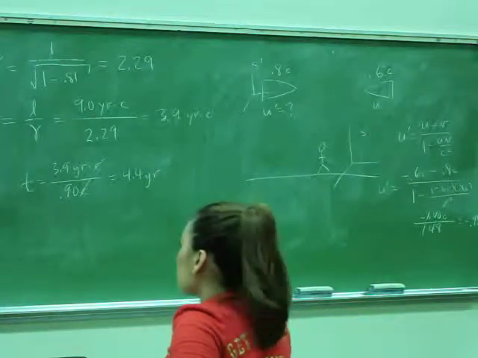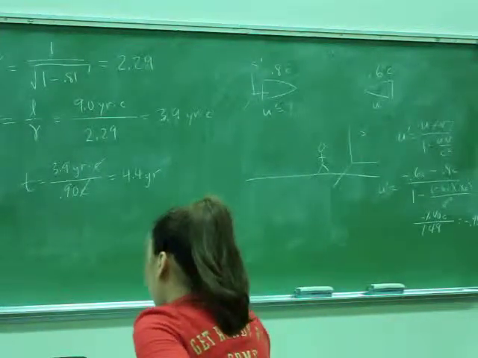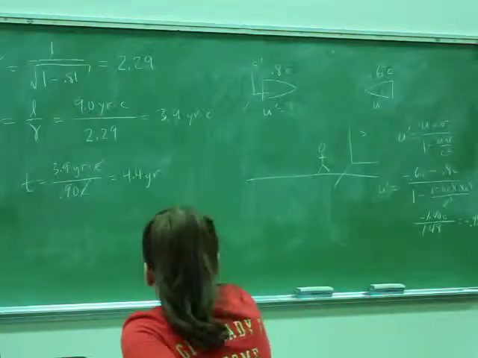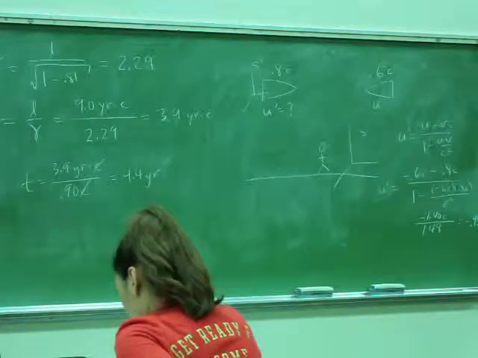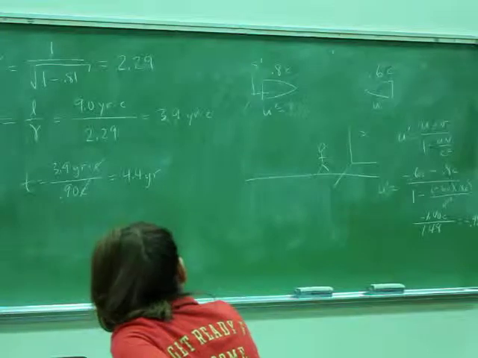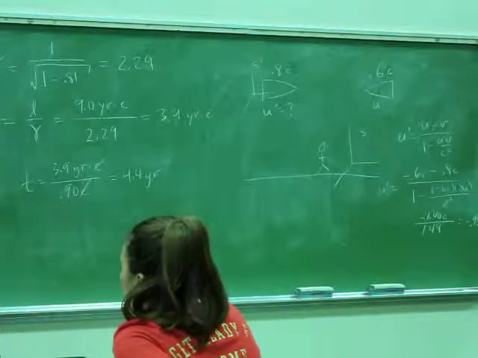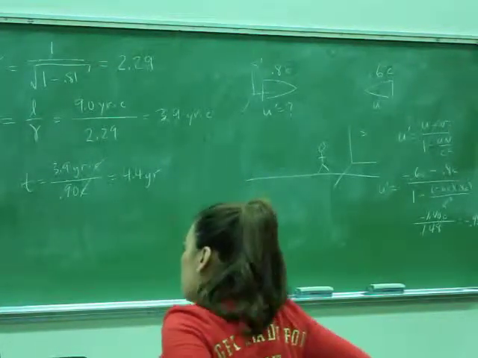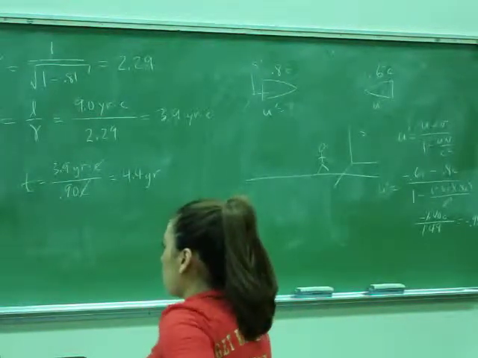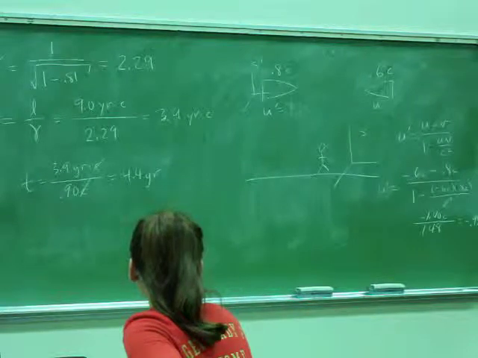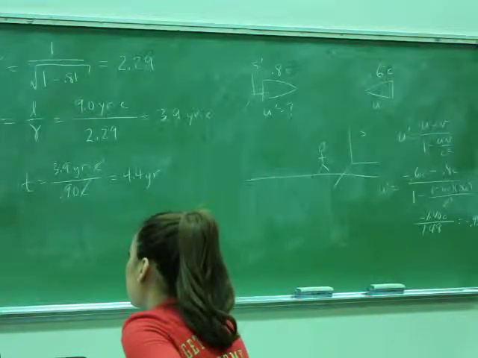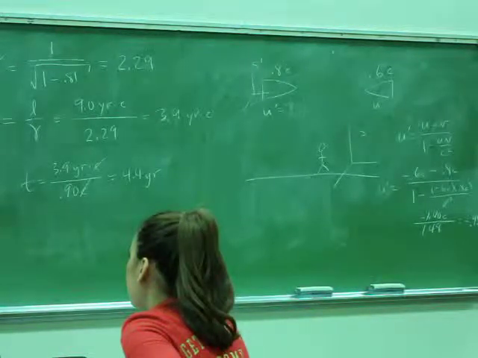I mean, at this point, I can't say definitely that's right, but what are some of the emergency flags that should go off if I get a wrong answer there? Number one, does it have to be negative? Yes, because if I've got the guy in that 0.8 C rocket ship going this way, there's no way he's not going to see the other rocket ship coming towards him, right? So that does have a negative sign. Could it ever be greater than C at the end? No, and it's not. So at those two levels I'm comfortable. It may be numerically wrong, but my method is right.